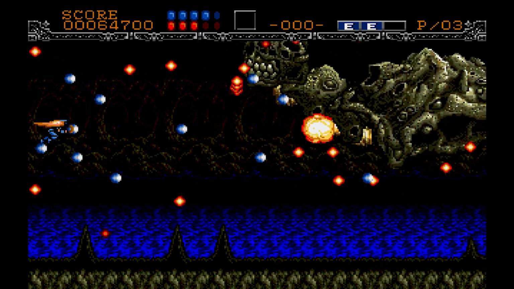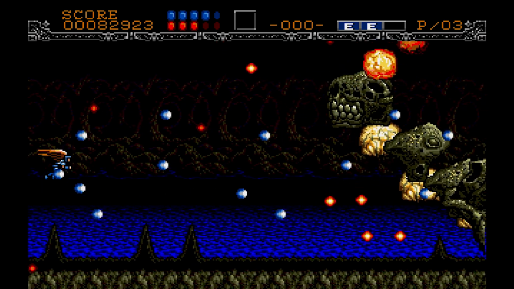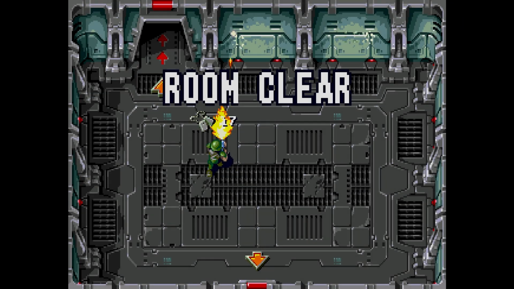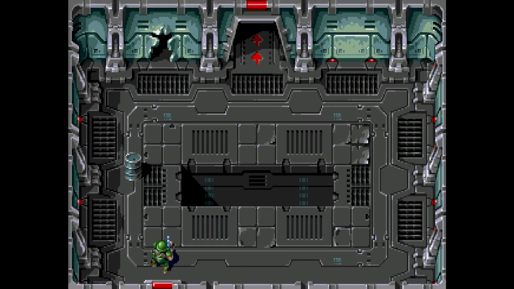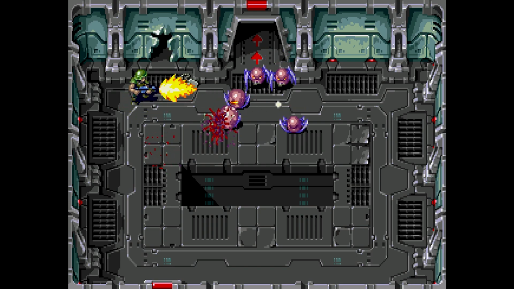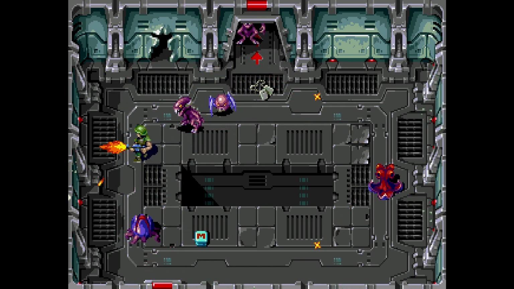Yeah, an early game which proved the Mega Drive was a sprite shifting powerhouse. In 5, what do we have here? We have Zeno Crisis, which is crazy. It's a brand new Mega Drive game from 2018 or something like that. It's like a recent game. And what it is